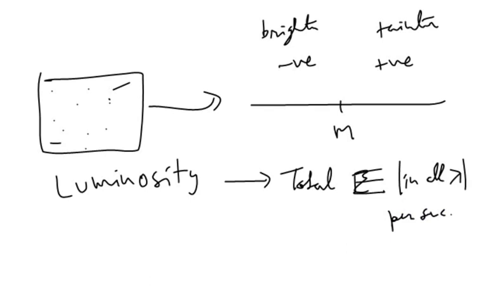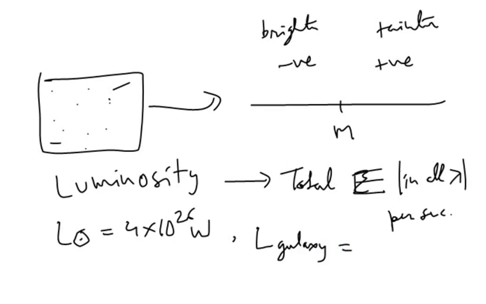In the very beginning of the lecture, where I was talking about the observational constraints, I talked about the solar luminosity, which is around 4 times 10 to the power 26 watts. An interesting observation: the luminosity of our galaxy is of the order of 10 to the power 11 times solar luminosity. Very interesting. Okay. Now, what about radiant flux?